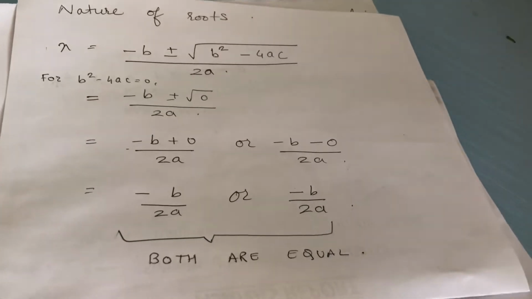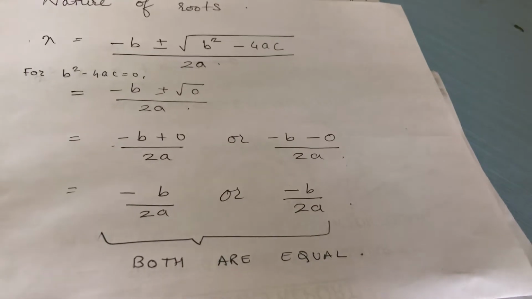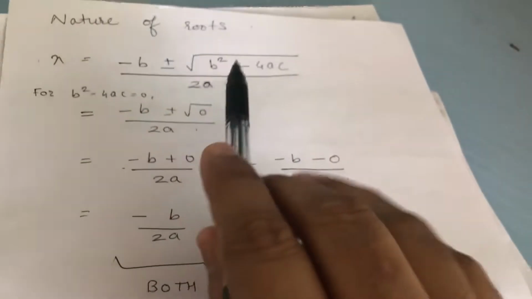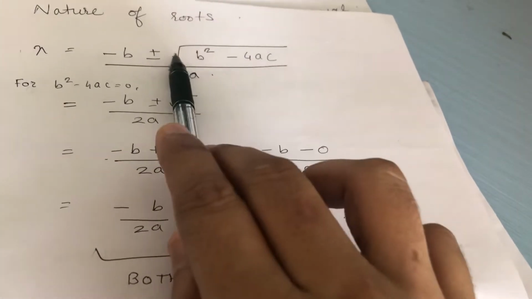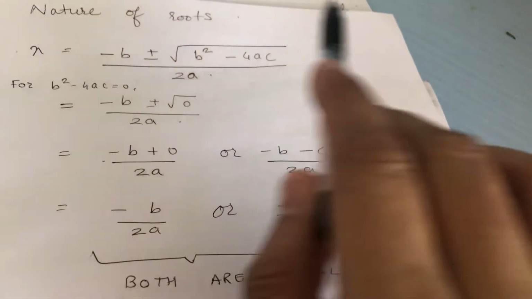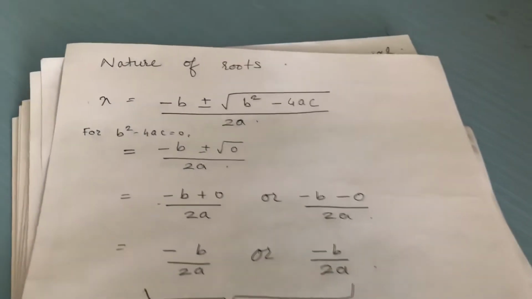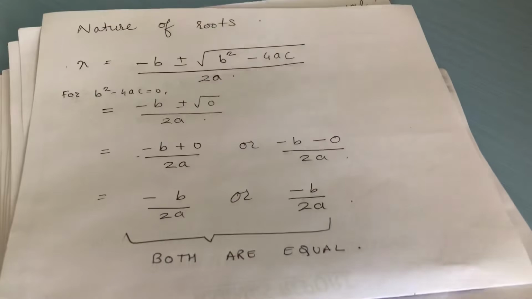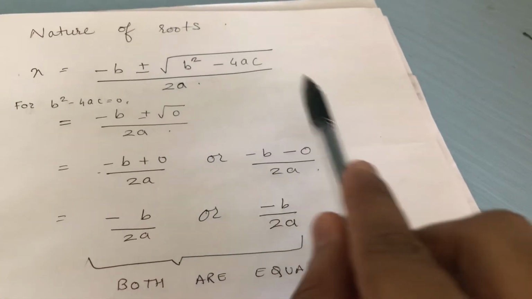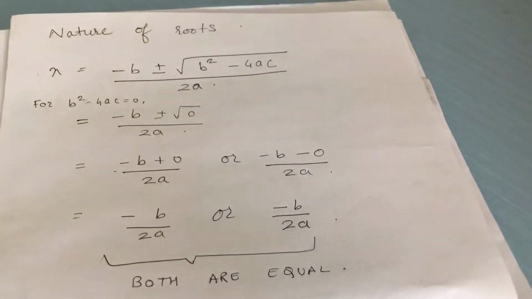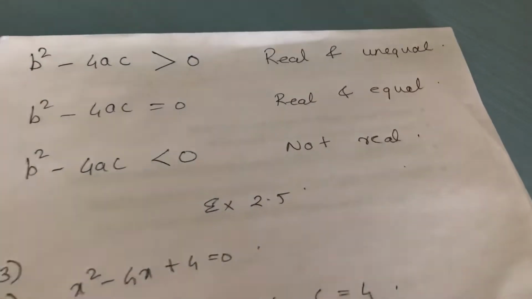Now we go to the next part wherein b square minus 4ac can be less than 0. So if it is less than 0, then what? We have learnt in 9th standard that inside the root sign, inside the radical sign, you cannot have a negative number. Okay. So this type of number does not exist. Therefore we will get that if b square minus 4ac is less than 0, then the roots are not real. Okay. So according to that, we have made this table.